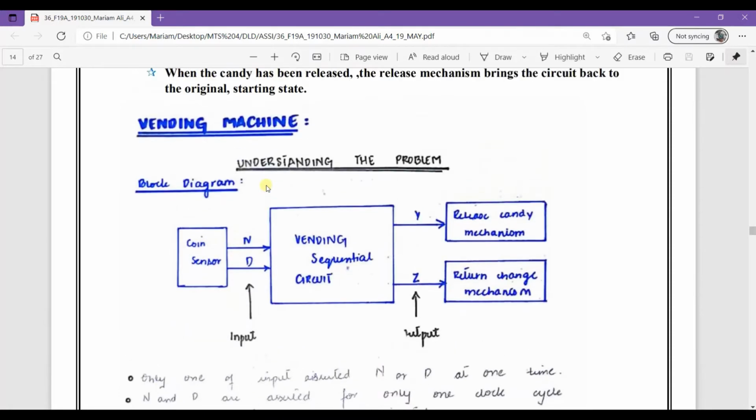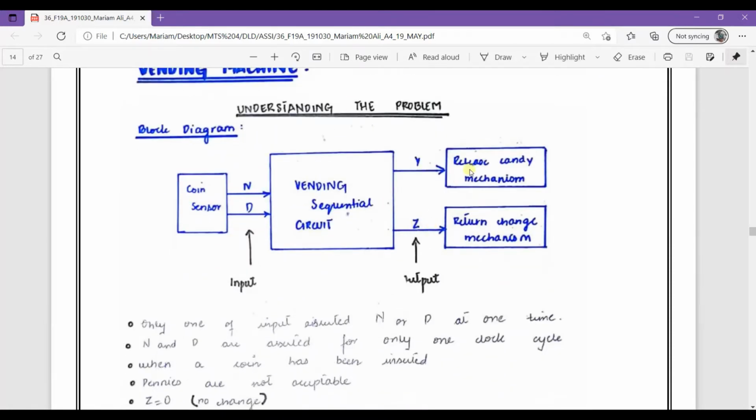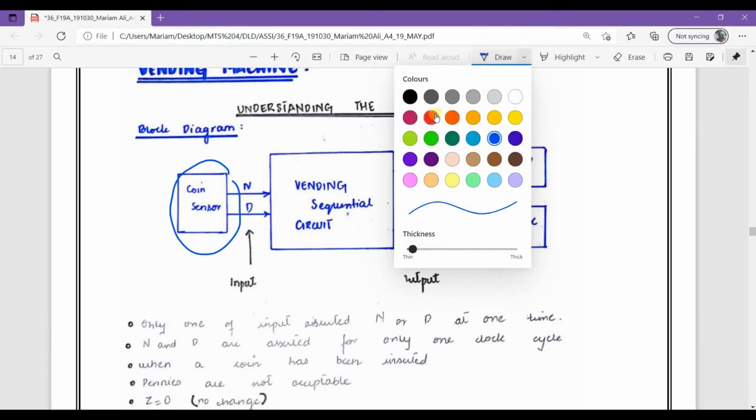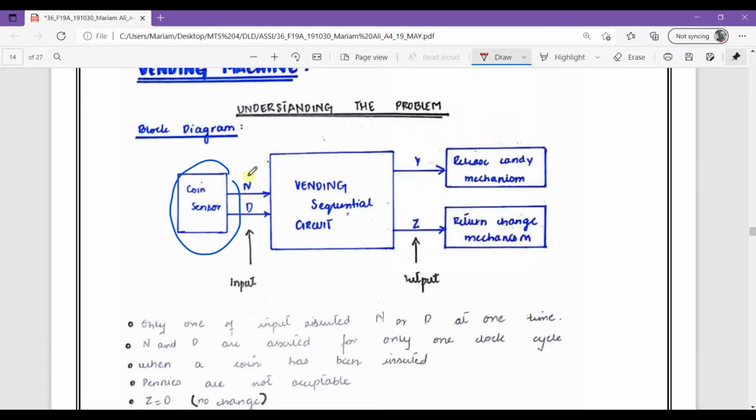Here is a block diagram of a vending machine that I drew. This is the place for coin insertion, where I can insert two types of coins: one is the nickel, the other is the dime. This is the input area.